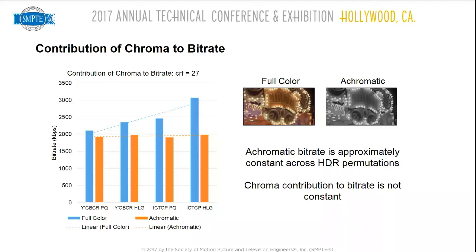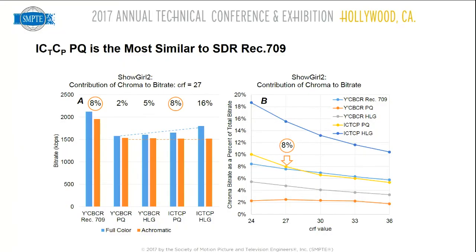Okay? So the question is, why is that the case? Before we get there, and again, trying to link HDR to our knowledge of SDR, if you look at the contribution of chroma to total bitrate in SDR over this kind of content, over the Showgirls 2 content, you find that, in fact, about 8% of the bitrate is due to chroma rather than the achromatic component, rather than the luma component. It's the same percentage as if you had used